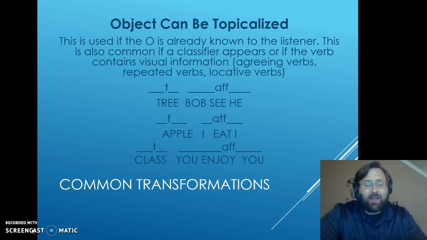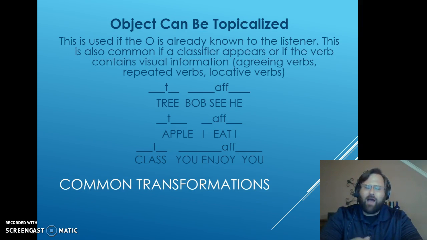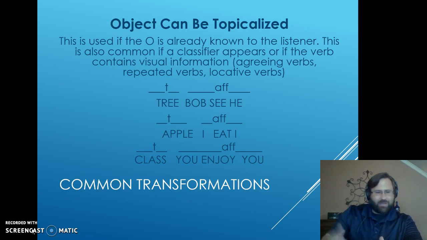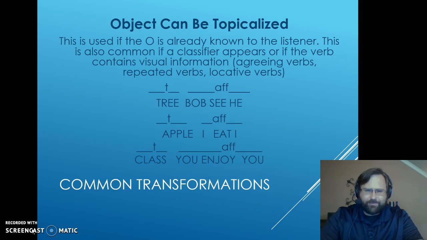Next, we find that objects can be topicalized. Now, generally this is done when the object is already known to the listener, meaning whoever you're talking to, that person already has mentioned the object or you expect that they know what the object is and you want to bring it up in order to then comment on it. So if we've been talking about a particular tree that's been struck by lightning and it's already been a topic of discussion, and you might say, how do you know that it was struck by lightning? And I might sign,